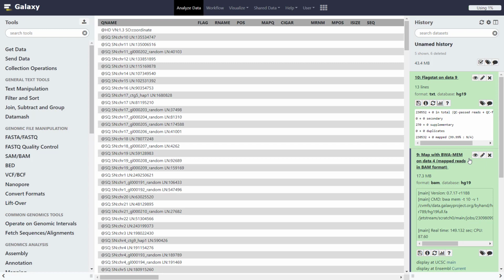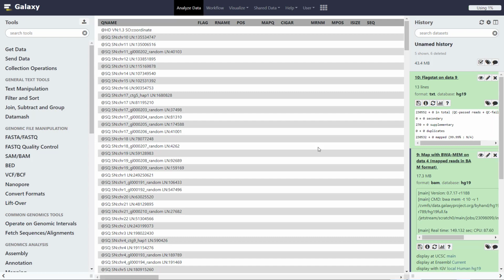The SAM/BAM files typically contain a header section and an alignment section. Each row represents a single read alignment. The header section includes information about the alignment and the program that generated it. All lines in the header section are tab delimited and begin with an @ symbol, followed by some tag value pair, where the tag is a 2-letter string that defines the content and the format of the value.